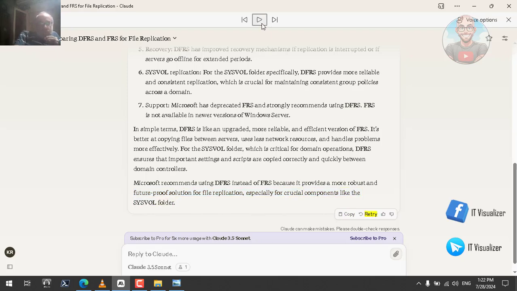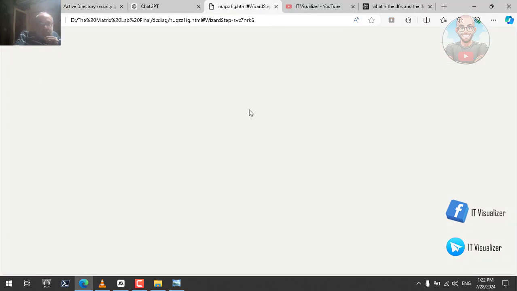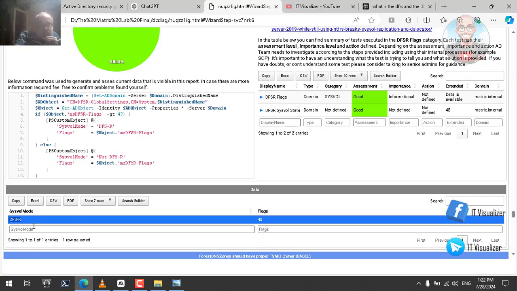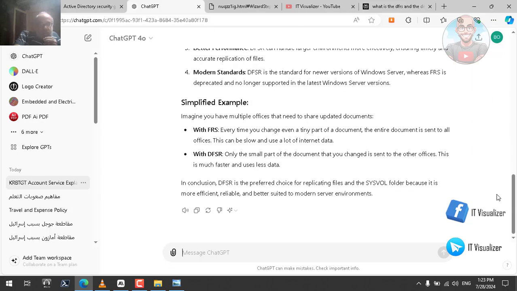So we can see here that the test has confirmed that we are using the DFRS for replicating the Sysvol folder. Here we can see that the Sysvol mode, we use the FSR, which is a confirmation that we are working with the latest protocols or advanced services for replication. So this is one thing. If we go to ChatGPT and see the answer,